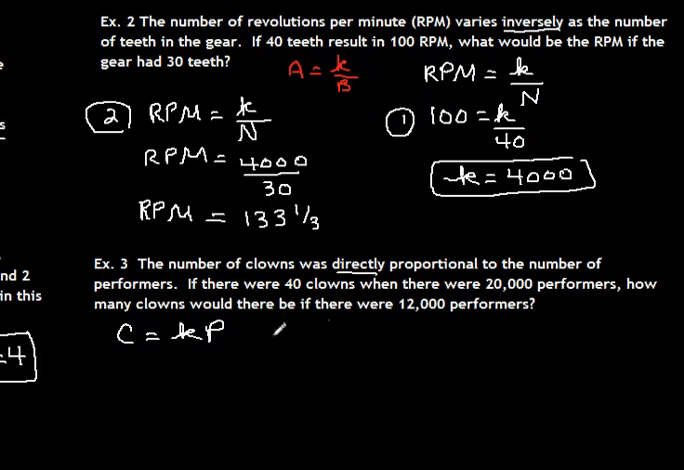Okay, let's see if you got it right. If there were 40 clowns when there were 20,000 performers, we can figure out our constant of proportionality by dividing both sides by 20,000, and we're going to get K equals,